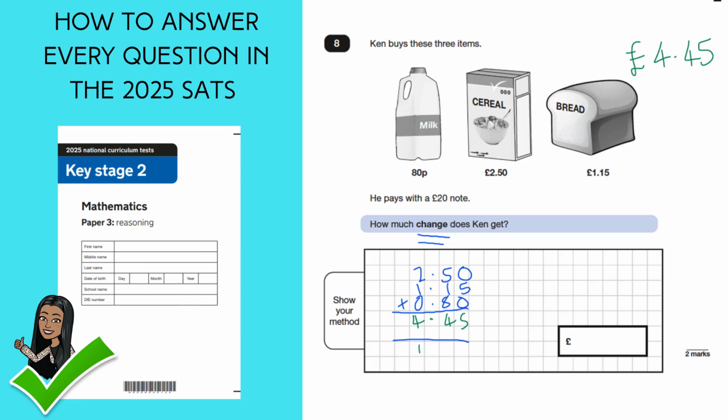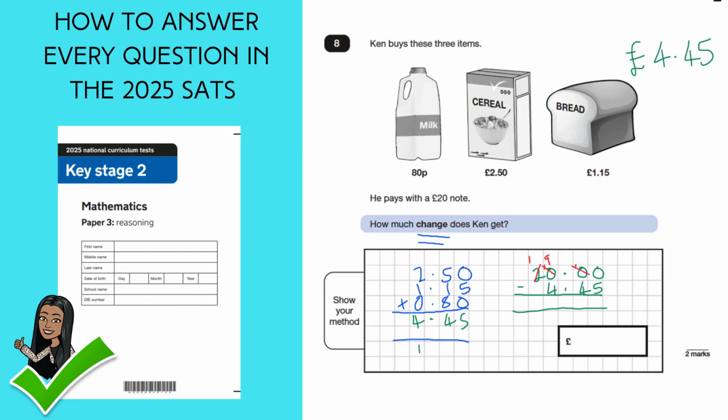So we're going to find the difference between £4.45 and 20, which is the same as subtracting. So when we subtract, put your £20 in with the pence, because £4.45 has 2 numbers after the decimal point, so put them all in like that, and you would simply do a subtraction. So we can't do 0 take away 5, we're going to have to go all the way over to our 2